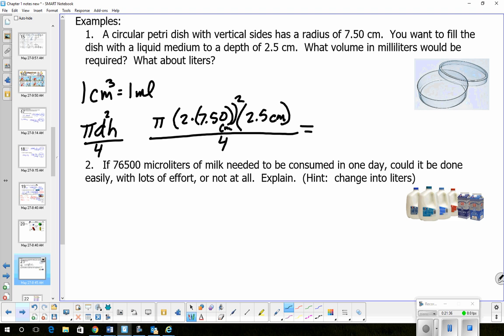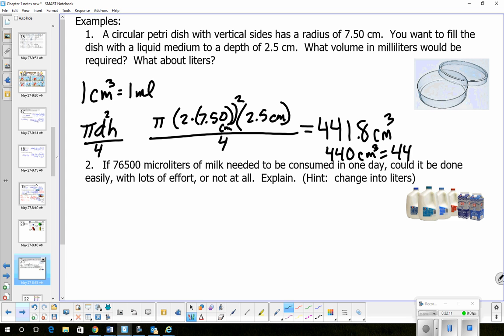225. Anybody else get that? Are we not solving it? Solve it all the way. You got what? 441? Anybody else get this? Yeah? Okay. So we had 2 significant figures, 3 significant figures. I can only report 2. So what is my answer? 440 centimeters cubed, which equals